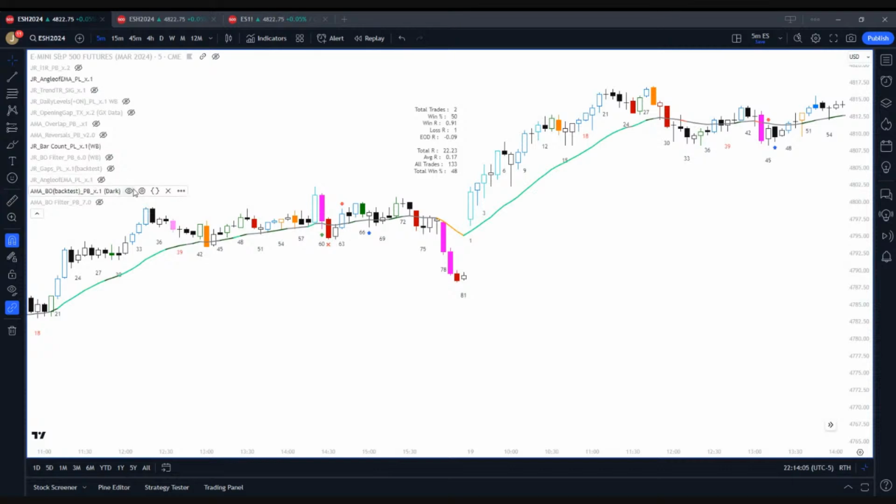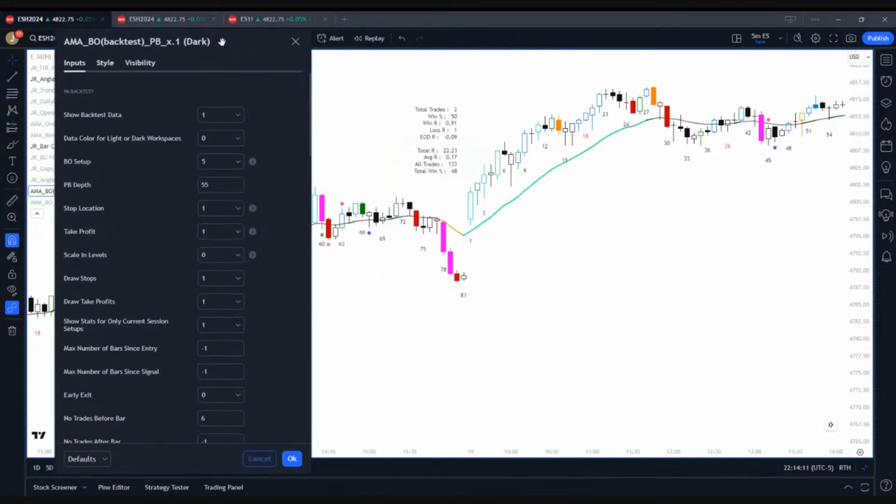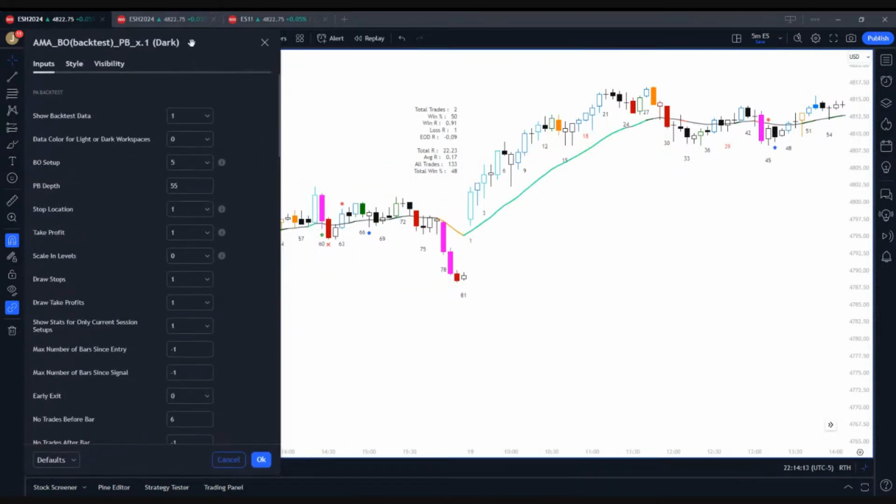So we can go back into the settings again and look at some of the other options we have here. As we see, we're now on big breakout without follow through. So that was this bar here. Currently, the stop is